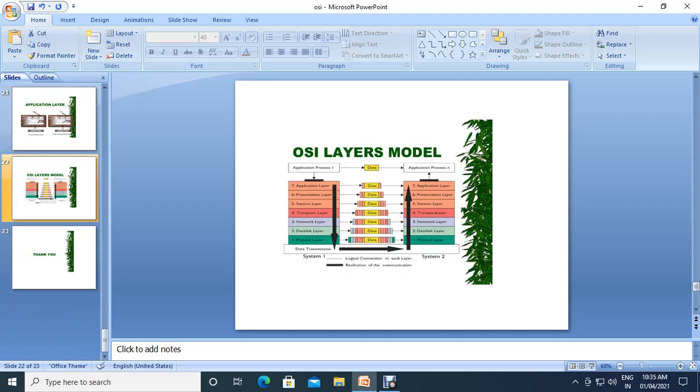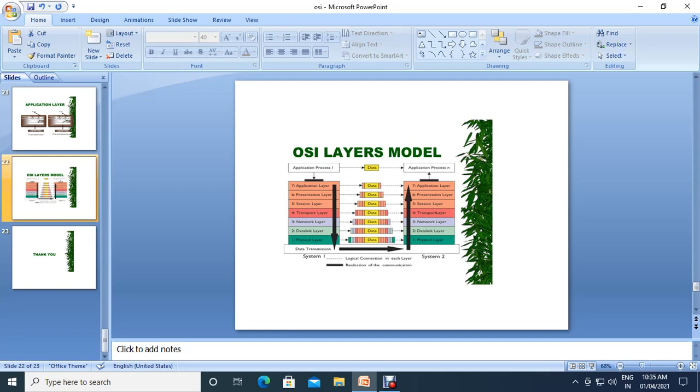So, see the OSI reference model design. In terms of the sender and the receiver machines, here system 1, system 2, sender machine and receiver machine. In the sender machine, the application process is done from the first layer, the 7th layer, the application layer. One by one it is transmitted downward to the physical layer.